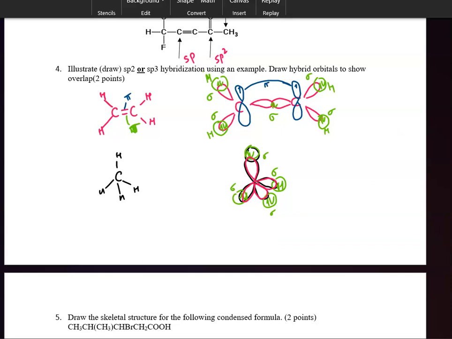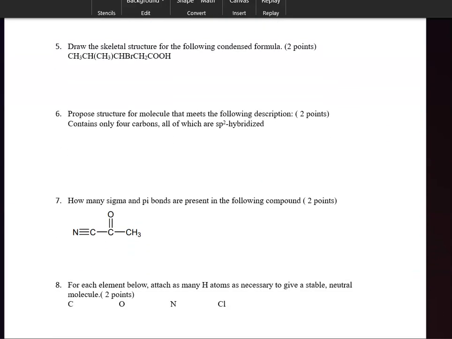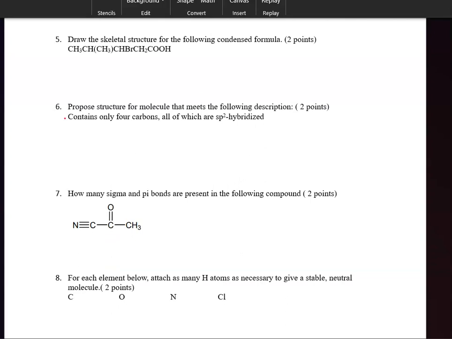Now the next structure, or the next question, was asking you to draw the skeletal structure for the following condensed formula. If you look, we have 1, 2, 3, 4, 5 in this carbon atom chain, and then we have one branch coming out. The one in parentheses tells us that there is a branch. So I'll go ahead and draw the